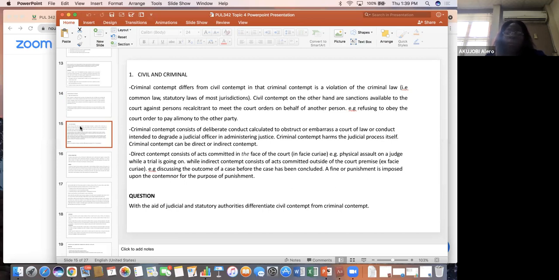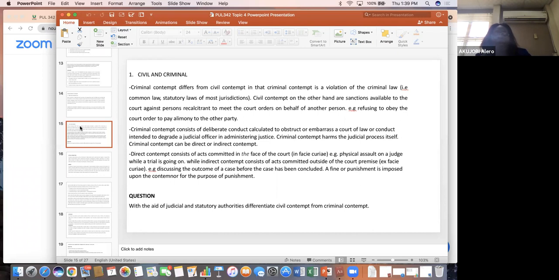Again, we have another kind of classification, which is between civil and criminal. So apart from direct and indirect contempt, we also have civil and criminal contempt. Basically, criminal contempt differs from civil contempt in that criminal contempt is a violation of the criminal law. While civil contempt, on the other hand, are sanctions available to the court against persons recalcitrant to meet the court order. Like I said before, refusing to obey a court order, refusing to carry out the orders of the court, those are all forms of civil